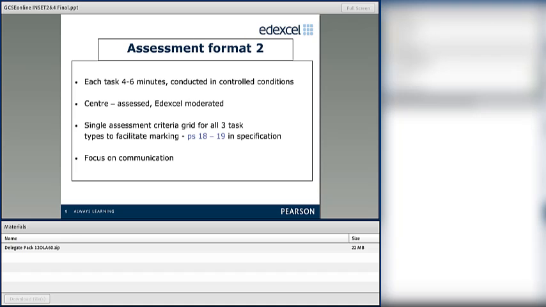Edexcel will accept all your marks. We'll look at the mark schemes in more detail when you do the sample marking, but just to stress one fact: the emphasis is on communication. When you look at the grids later on, we will see that 60% of the total mark is given to communication, while the range of language and the accuracy of language count for 20%.